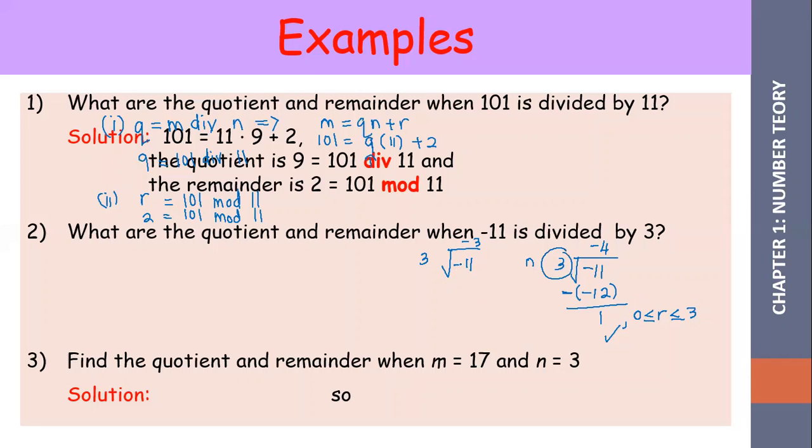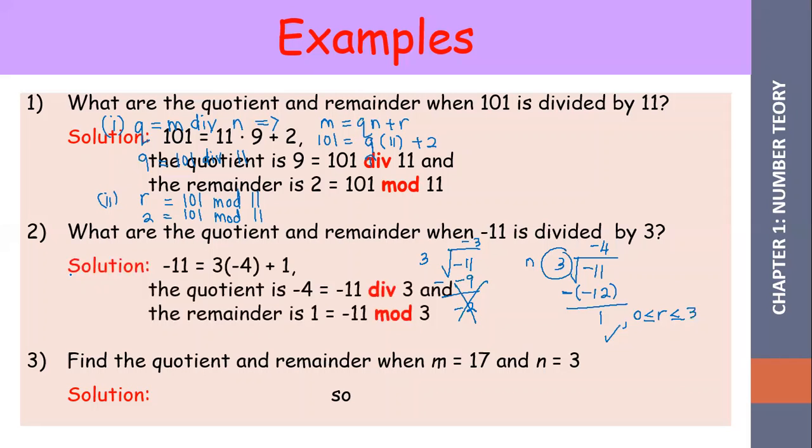So negative 9, negative 11 plus 9, you got negative 2, but negative 2 does not lie within 0 to 3. This is completely wrong. So what is the quotient? The quotient is negative 4, equal to negative 11 div 3,